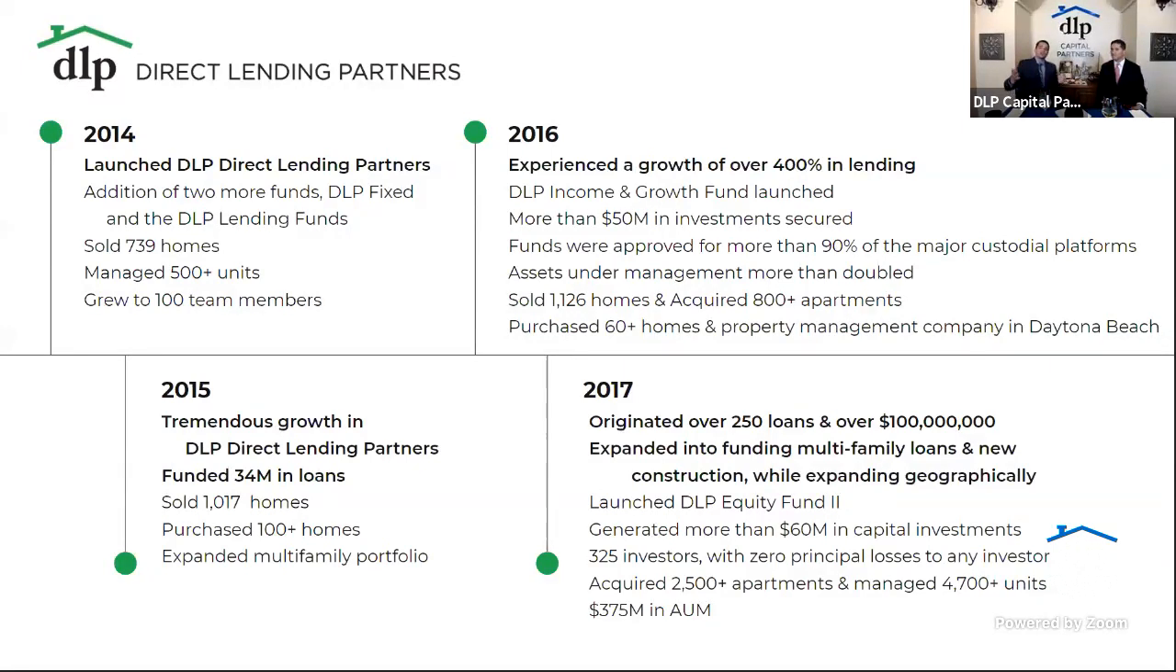And on the screen here, you can see a lot of our other growth over the 2014-17 timeframe. And I'll cover a little bit more of that later. But in terms of lending, it was pretty tremendous growth. We've grown year over year, as you can see, from just getting started to $34 million in loans, to then doing $100 million in loans in 2017, and expanding from just lending in Pennsylvania, New Jersey, and Florida to now lending in more than 30 states, from just lending to guys flipping homes to lending to guys also building homes,